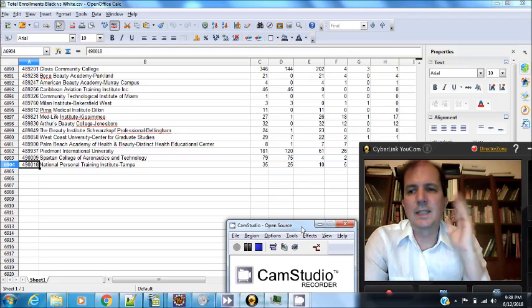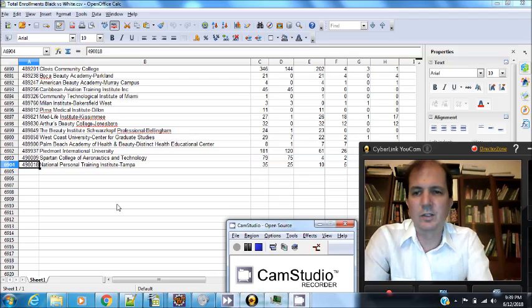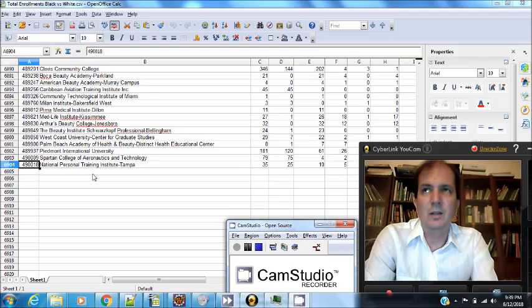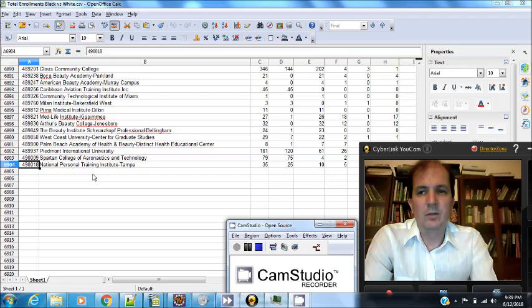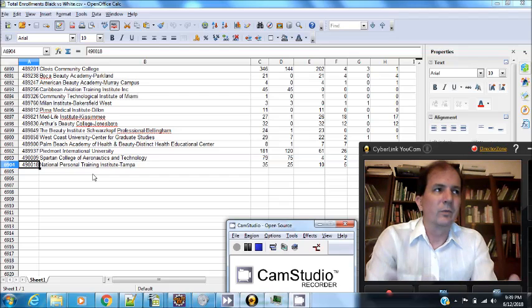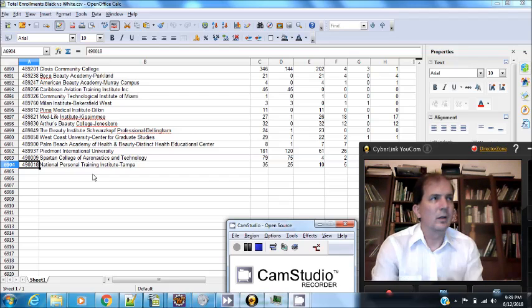Actually, there are 6,904 universities, as you can see from the bottom of this spreadsheet, but I did eliminate ones that were under 50 and under 100 enrollment. For example, if you wanted to see the percentage of African American enrollment, then in a very small college, having one person would make a huge difference, and it wouldn't really show a pattern. We need to have larger universities to show whether a pattern exists